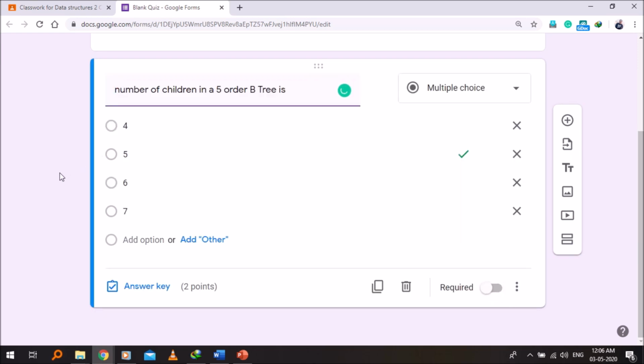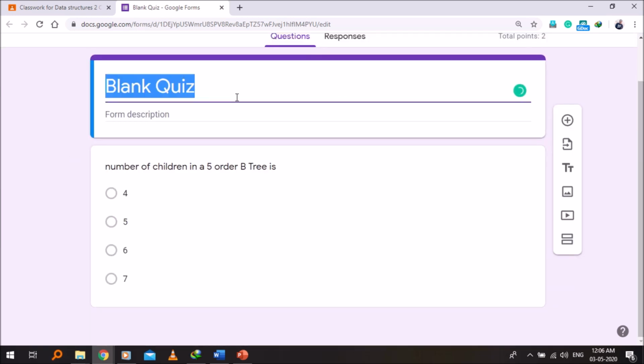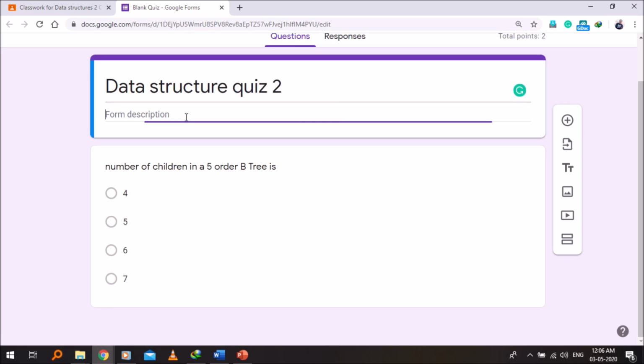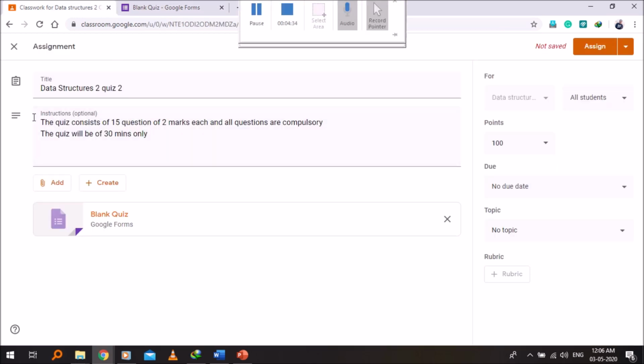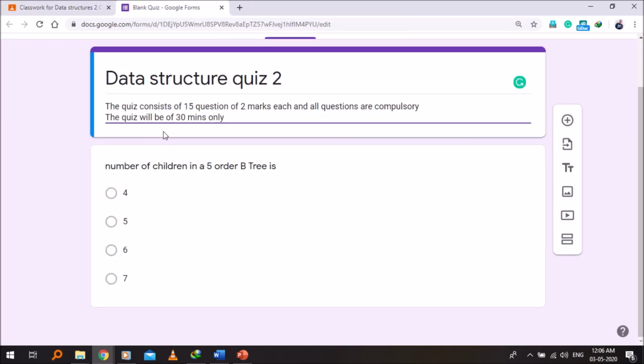This answer key will be saved in the question itself, and now here we can rename the quiz as data structure quiz 2, and here we can give a short description like we already did in the assignment. Put the same in this,